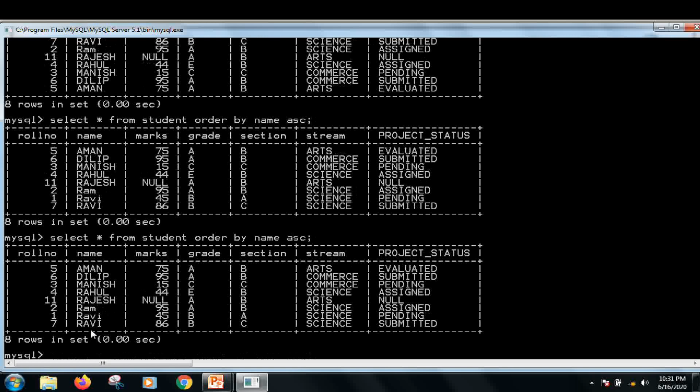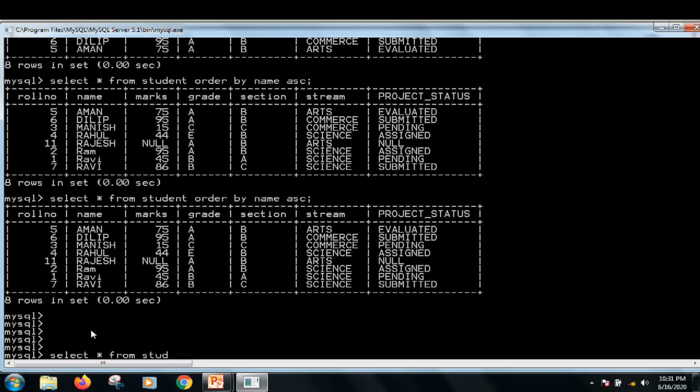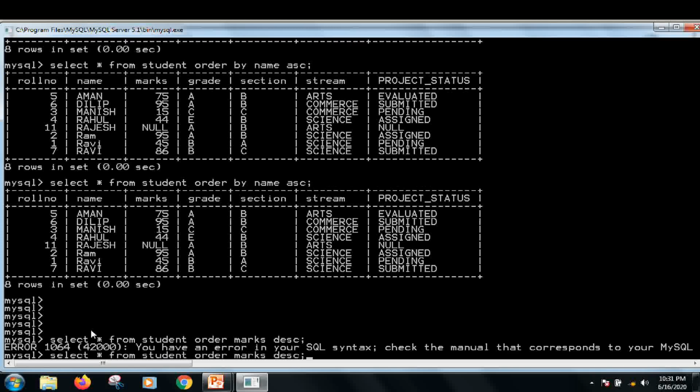You can also sort on marks in descending order: order by marks.